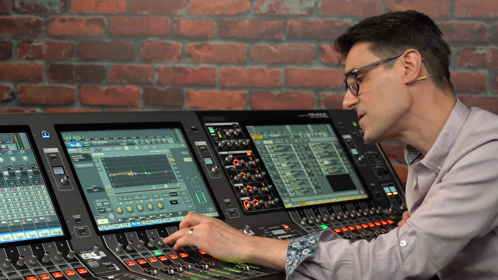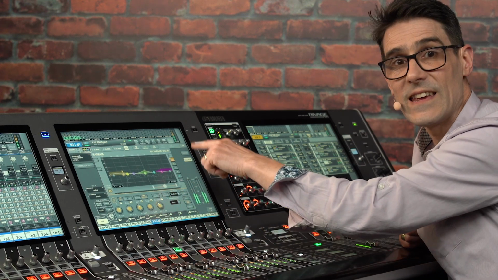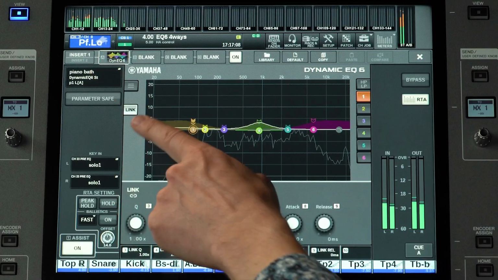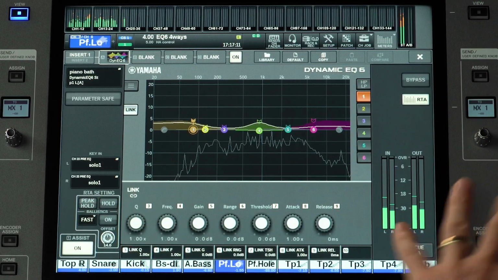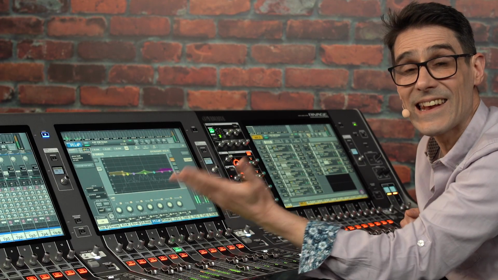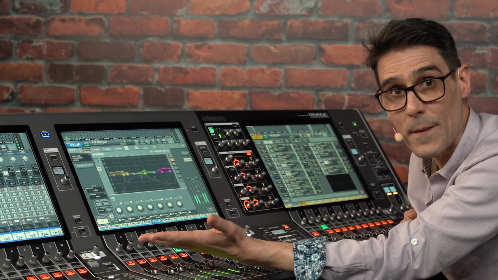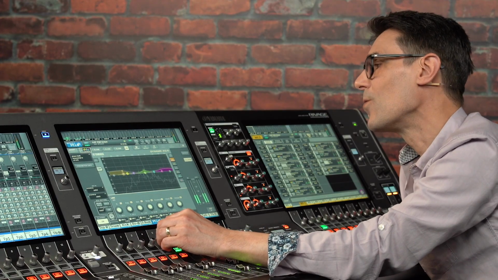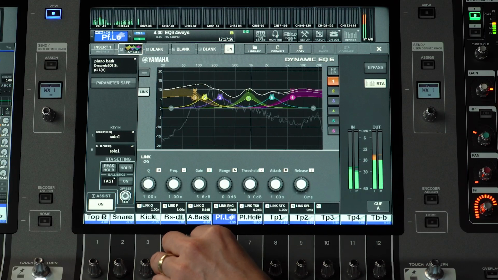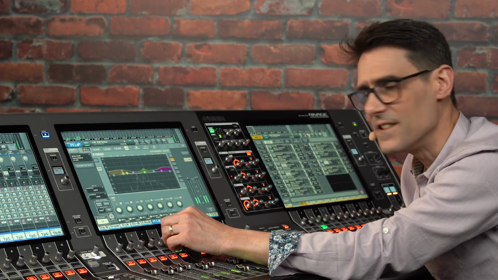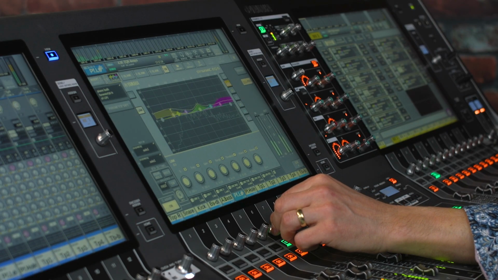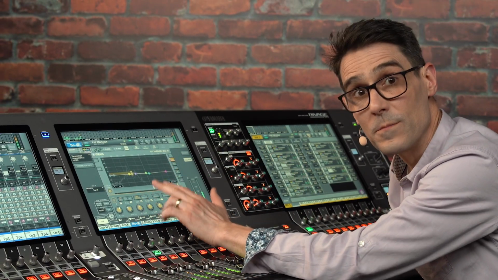By the way, if you wish to adjust parameters for multiple EQ bands at the same time, use the link function on the left side. That will provide a relative offset for the level-based parameters and an equivalent change up or down for the other parameters like Q and frequency. With gain, all active bands will move in the same direction, while with range, each band will get more or less intense.